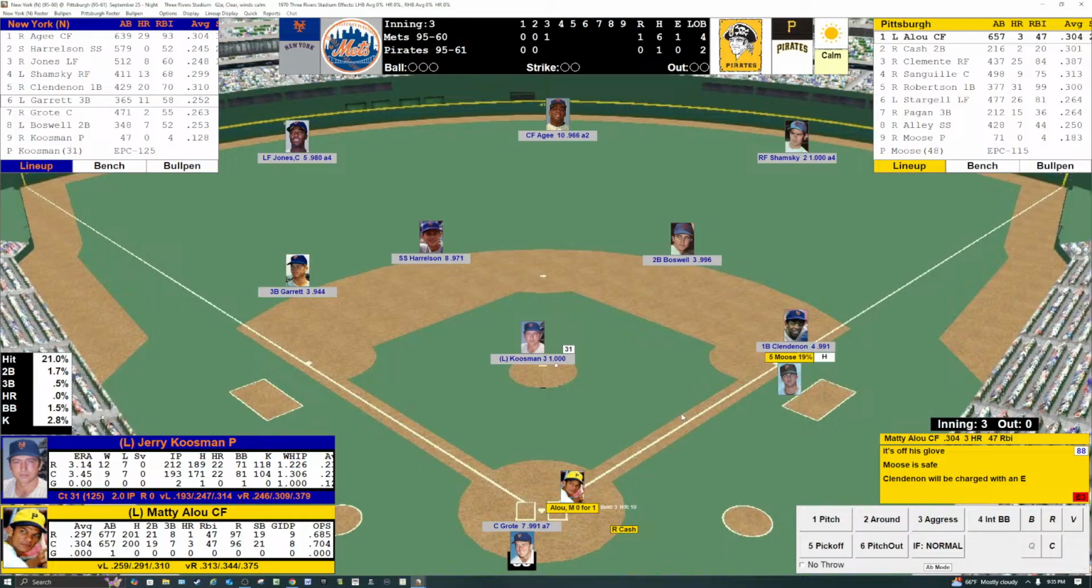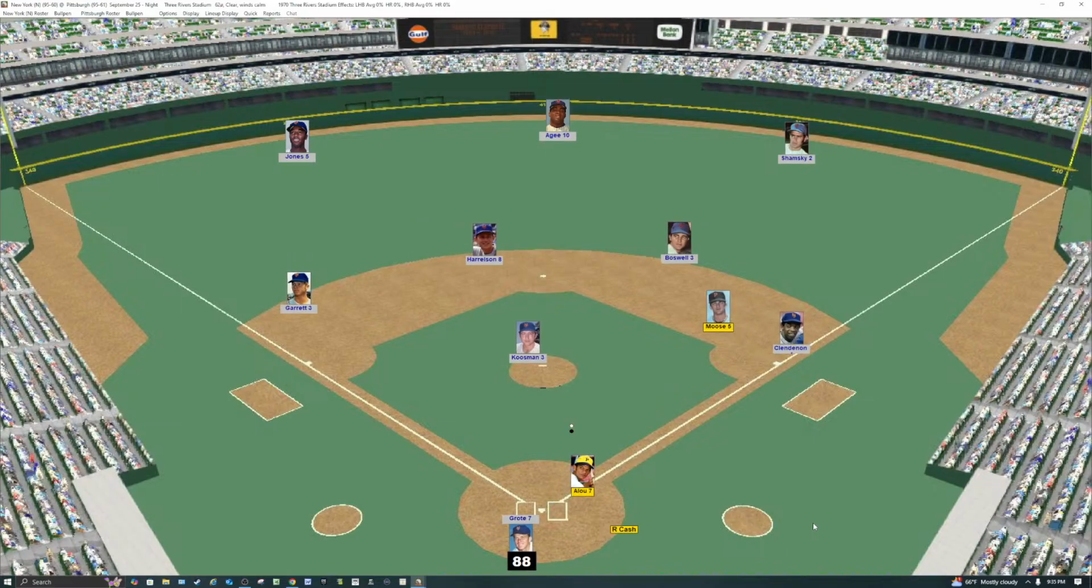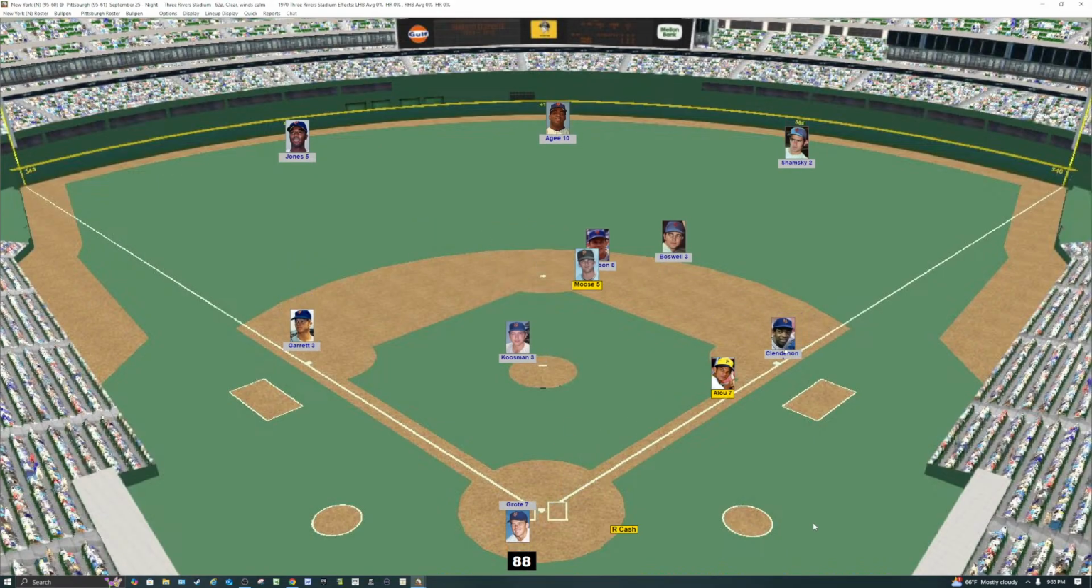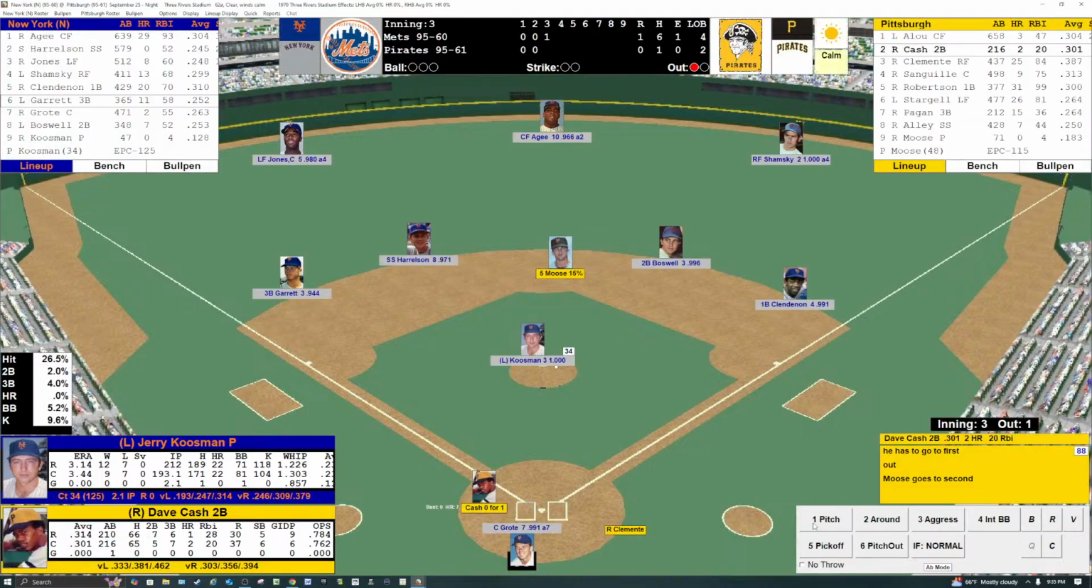That will bring up Matty Alou. 0 for 1. The pitch to Matty. Ground ball to Boswell. Boswell only played to first. I think they had a hit and run on there. No, just a regular play. Boswell ranging to the right side. Just took the sure out at first, but Moose is in scoring position. An average base runner. With 1 out, Dave Cash